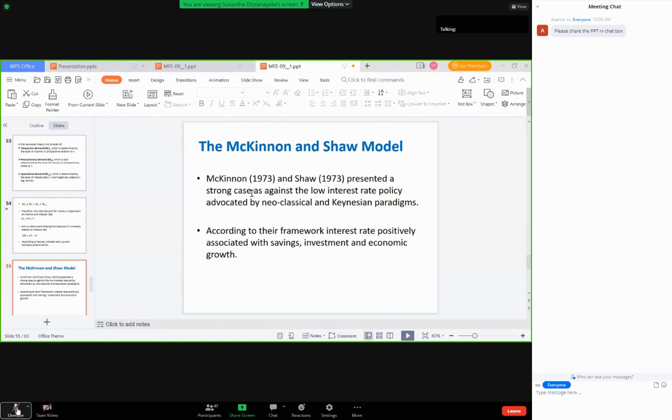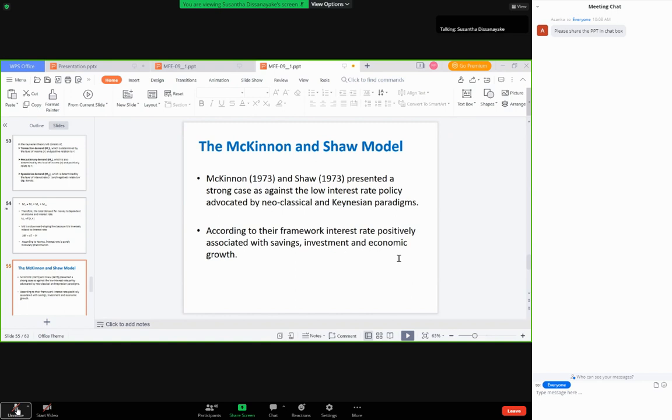they presented a strong case against the low interest rate policy advocated by the neoclassical and Keynesian regime. So they always promote a higher interest rate. They go against low interest rates, meaning they promote higher interest rates. According to their framework, interest rate is positively associated with saving, investment, and economic growth. So they said there is a positive relation with saving,